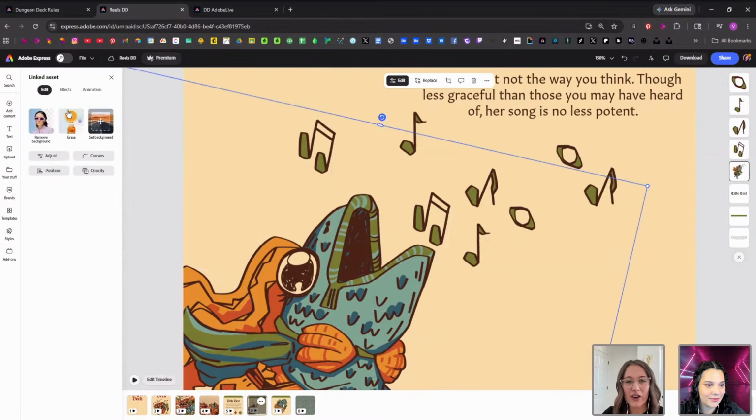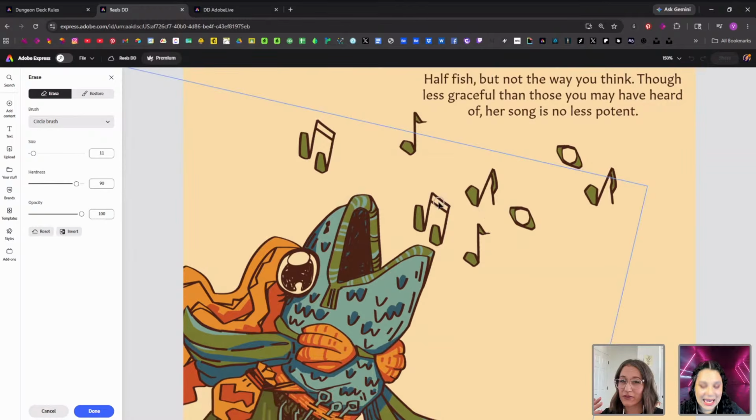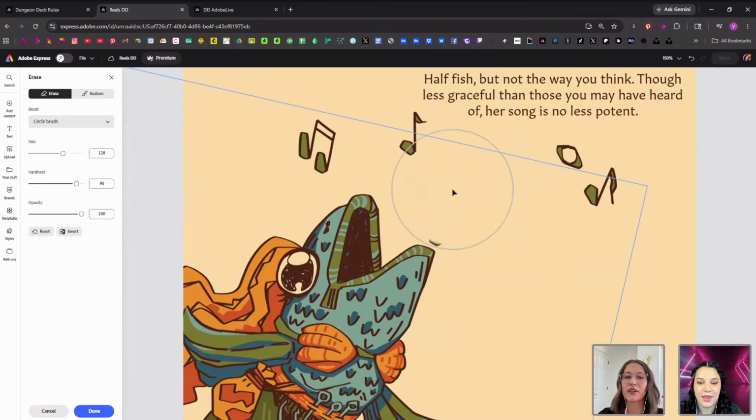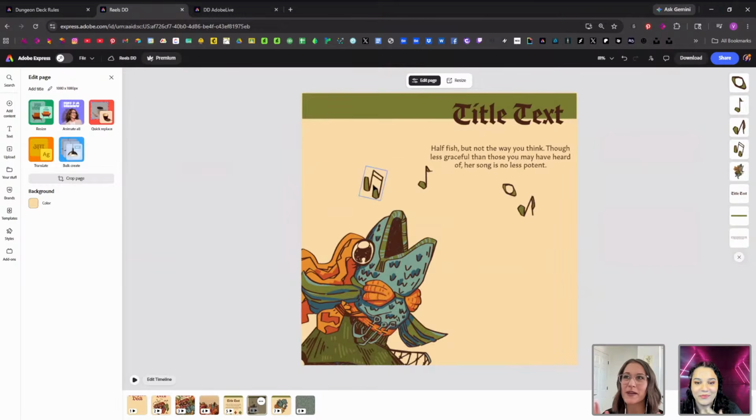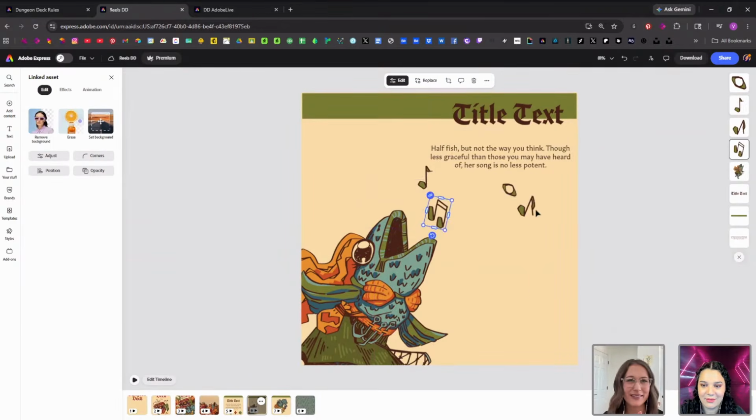Okay, this is great. So you separated the music notes out, and are we going to take them away from the fish herself? Yes, so we're going to do this. You know what I want? We were just talking about things that the Express team sometimes hears from us. I would love for the bracket keys or the plus and minus keys to change the size of the brush when I'm here, because I keep clicking it, but it doesn't do anything. I feel like bracket tools are always making the brush bigger in Illustrator and Photoshop. I don't know about InDesign, to be perfectly honest, but I can confidently speak on the other two, and I would love it if it came to Express.